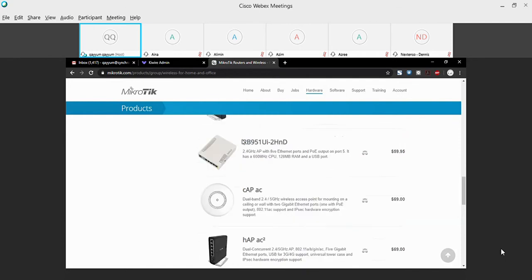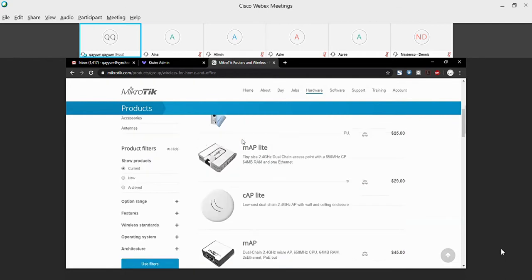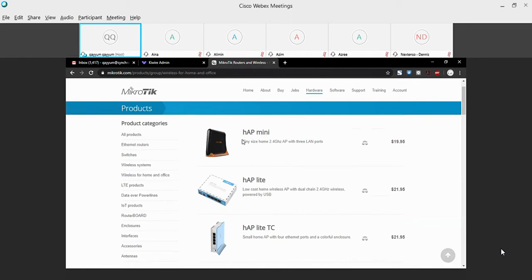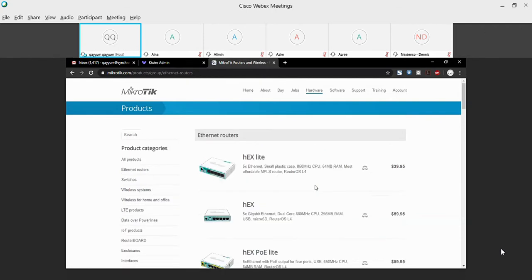You go for a bigger model, for example RB1100, because when you manage the APs and enable CAPsMAN, it will consume your load. If you have maybe less than 10 CAPs, then you can use the lower end of the MikroTik router.